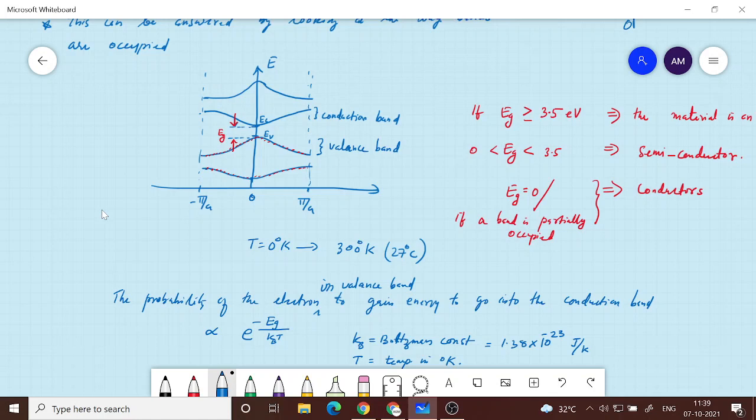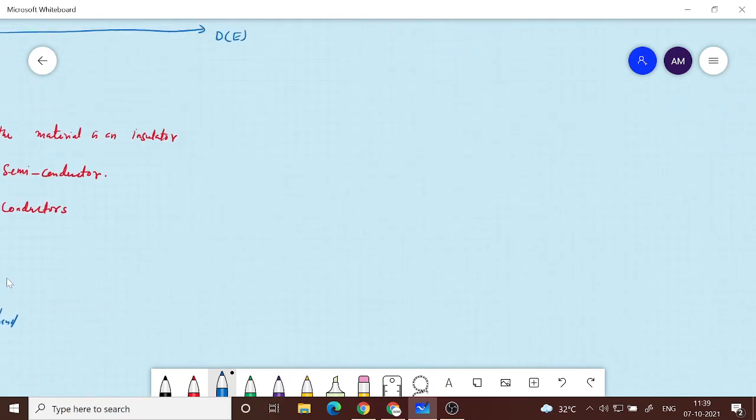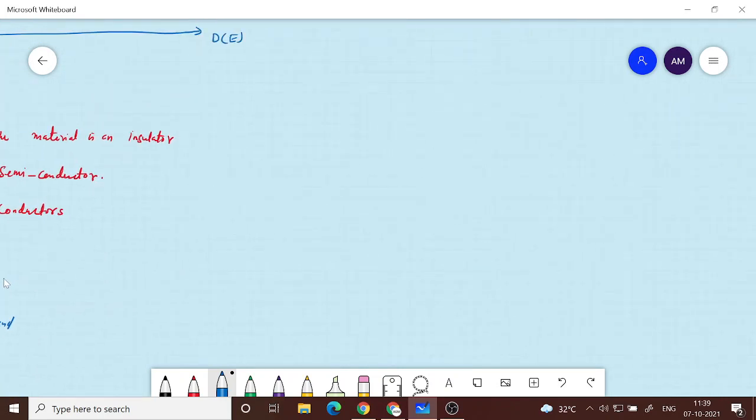So this is called thermal generation of carriers. The electrons are generated in the upper band because of the thermal excitation. And the fraction, for example, if you take silicon, this energy gap is around 1.1 electron volt. Okay, so that figure I can give you for silicon. So for silicon, Eg is equal to 1.1 electron volt,